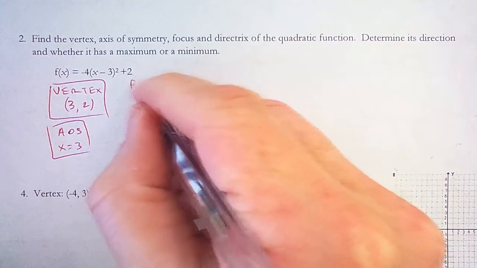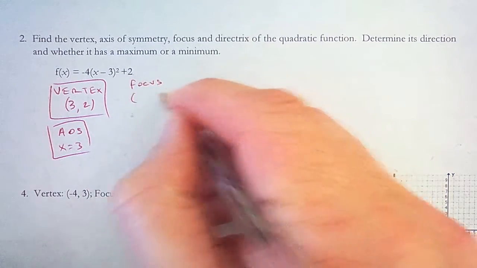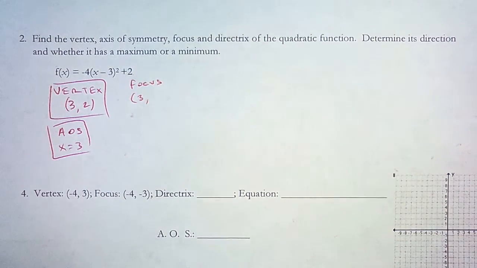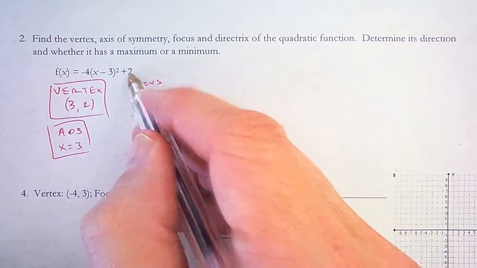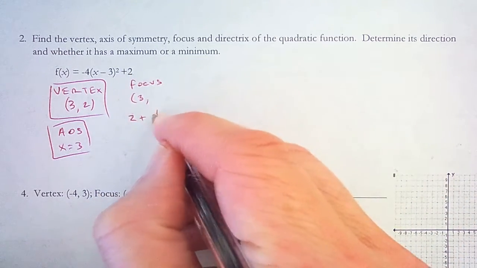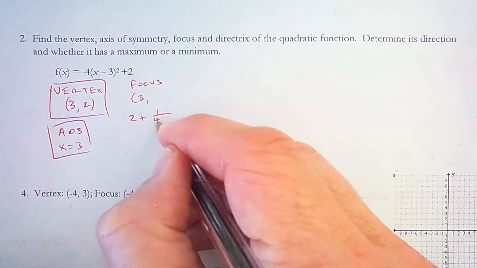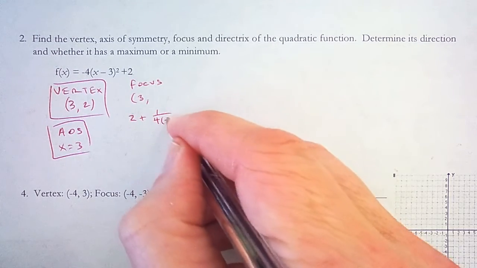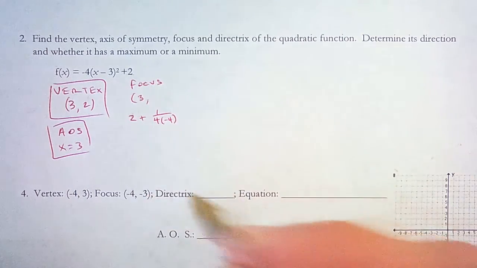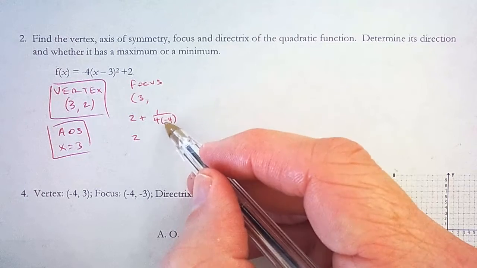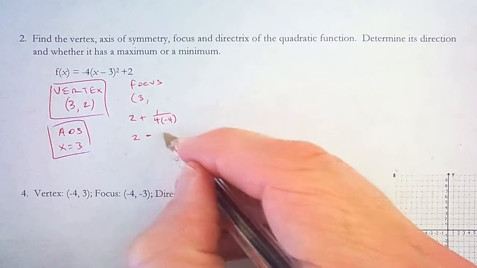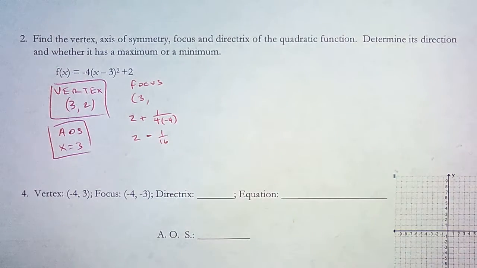The focus is a point with the same x value as the vertex and the axis of symmetry, and then the y value is k plus 1 over 4a, so that's k is 2 plus 1 over 4 times a, and a is -4,